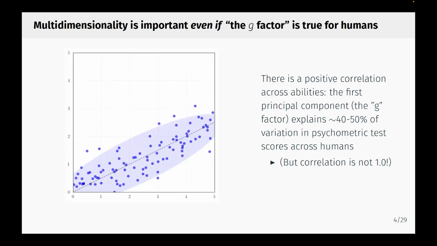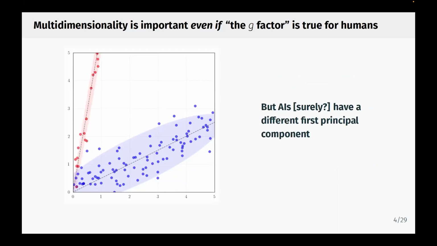But if you were to do PCA, principal component analysis, the first principal component, according to some sketchy psychology research, suggests that you can explain 40 to 50% of the variation in performance on psychometric tests across humans. A lot of people call this the G factor, or the general intelligence factor. That concept has been translated to the artificial general intelligence discourse. A lot of people think that as you increase model scale, you're generally improving on all types of capabilities, and that model scale is the main thing that explains variation in capabilities.